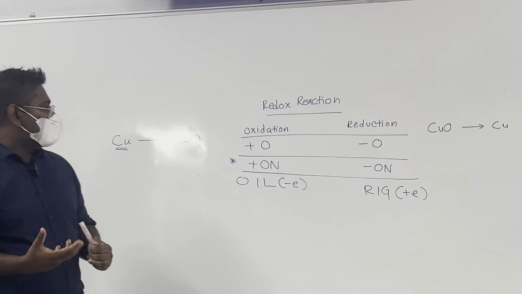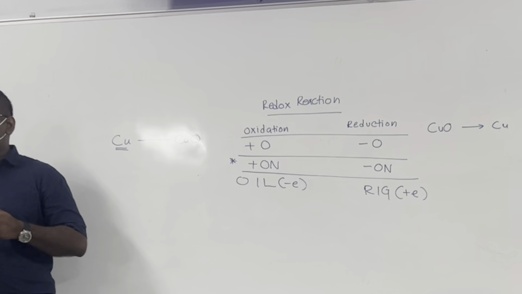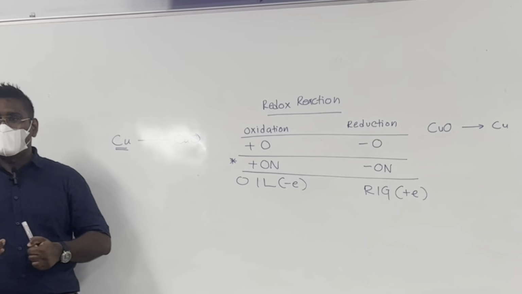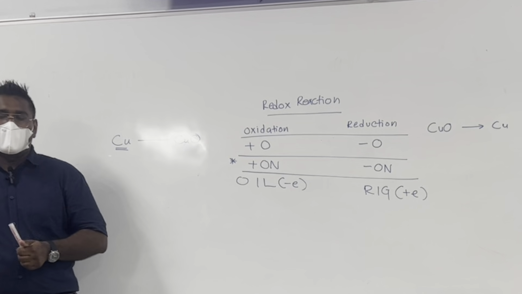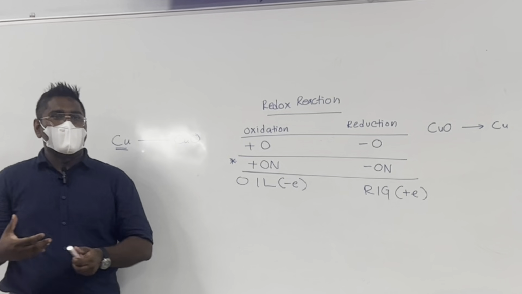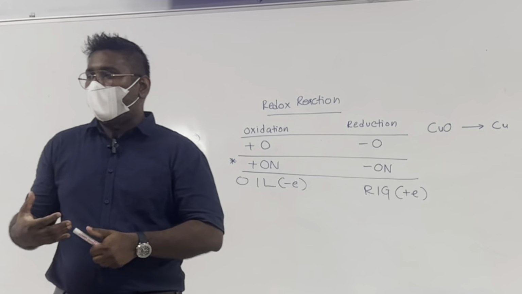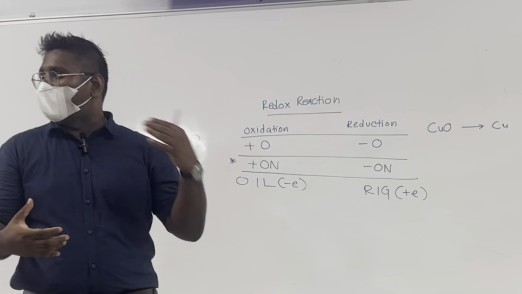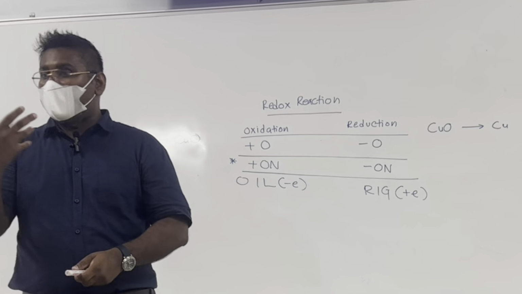Now, how do we show this in terms of equation? It is better shown in the form of half equation. What is half equation? Half equation, generally we use it in electrolysis. When we write what happens at anode, what happens at cathode, where there are going to be electrons there,